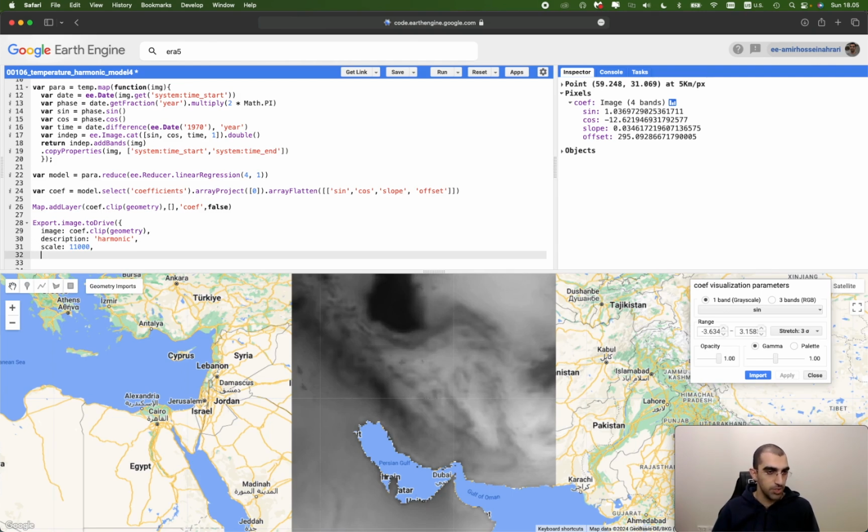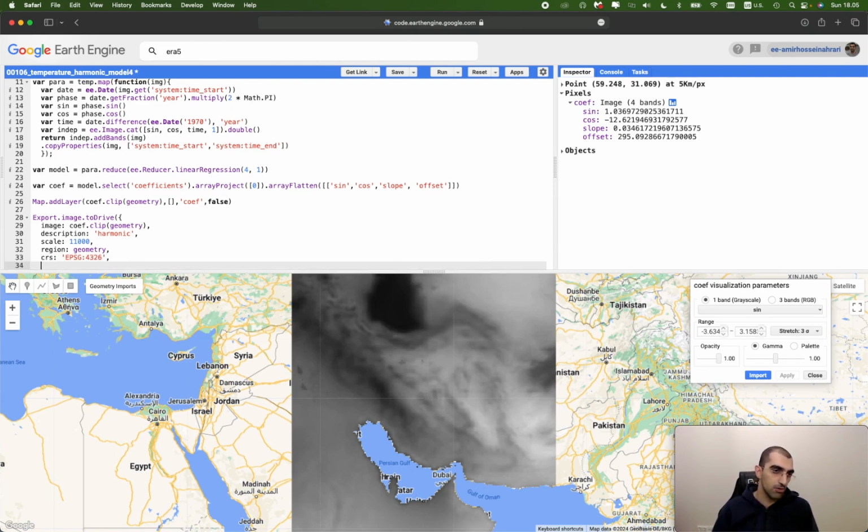The next parameter is the region of interest, which should equal the geometry, and the CRS coordinate system, EPSG:4326. This is the coordinate system code that you must use for WGS 84, which is the same all around the world. And the next parameter is the folder you want to